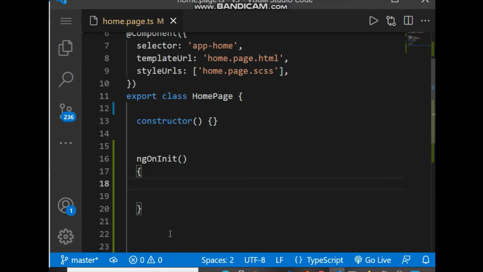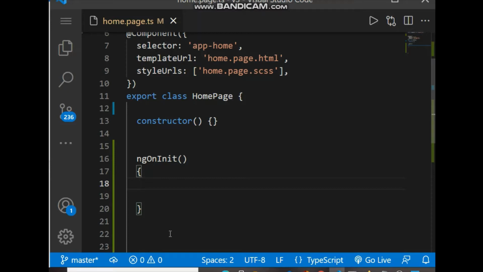Hello friends. So in this video we will see how we can retrieve the query string present in a URL of any web application. The web application can be in Ionic or a simple HTML web app. I am doing it currently in an Ionic web application, but this will work in any JavaScript application.